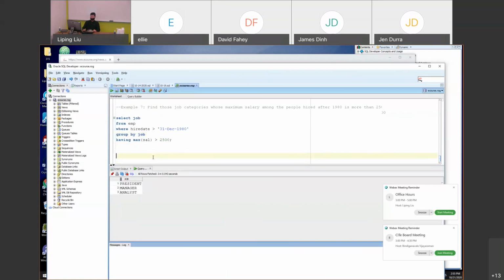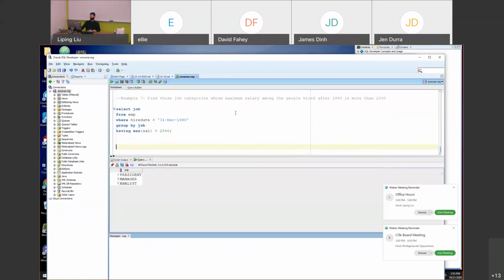All right, we have successfully finished all these examples, but now let me do a few more examples. These examples may be similar, maybe identical to the questions you are going to do in homework, but I don't know. I'm just guessing, all right? So let me give you the first question here: find number of employees